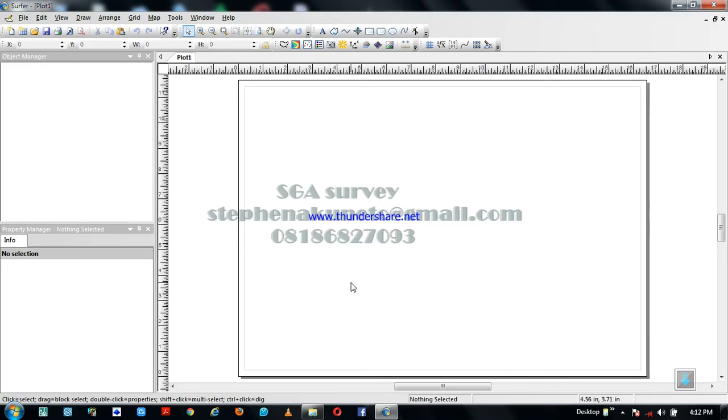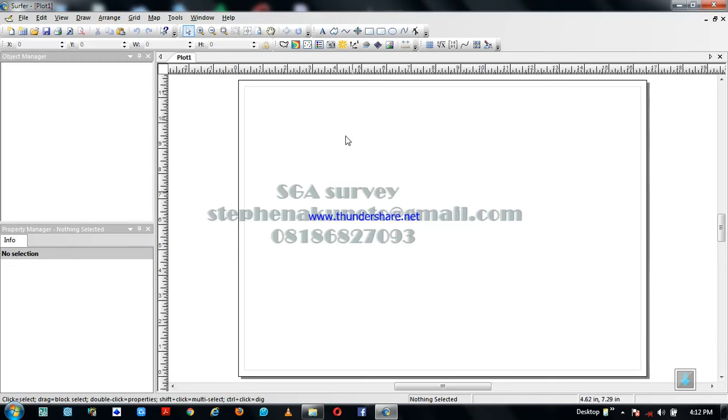In our previous video, we learned how to create the grid data which will be used to model terrain using this software called SURFA. In today's tutorial, we will learn how to use colors to model terrain, showing the difference in height and the difference in colors with the color scale. So to model this,